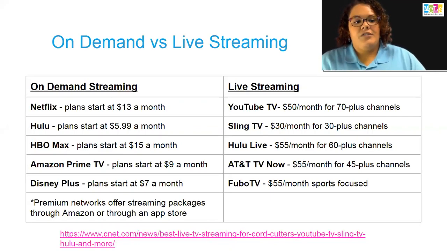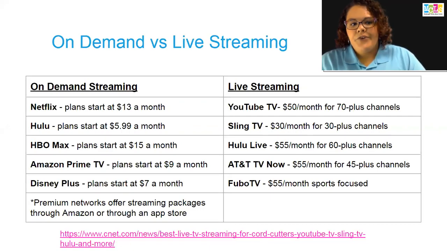It's just, there's still some changes going on with it. And also Amazon Prime TV starts at $9 a month. And if you have an Amazon Prime membership, which is $99 a year, that comes along with that. Or you can just get the TV membership for $9 a month. And then a new one is Disney Plus, starting at $7 a month. And that one also bundled with Hulu is another option.